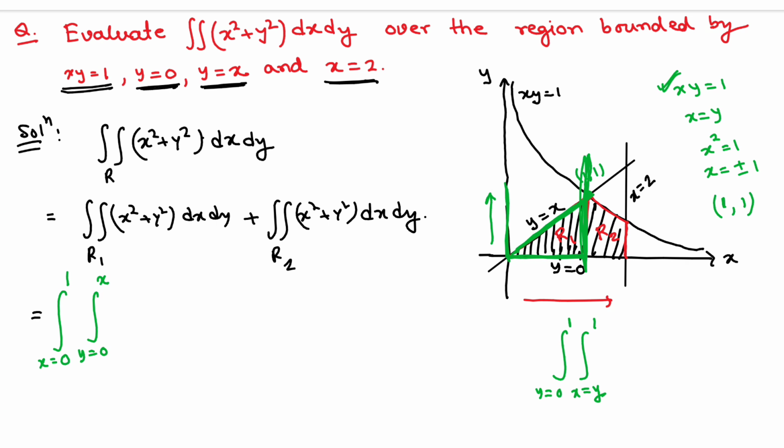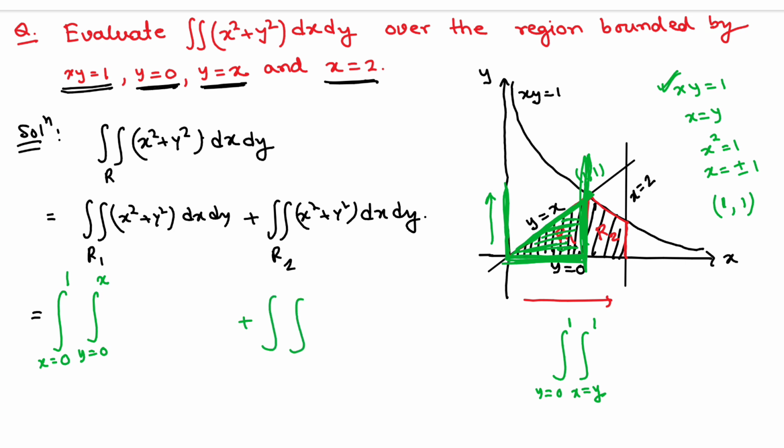Our aim is that we have to cover the whole area. I have taken this as the left boundary and this as the right boundary, this is the lower boundary and this is the upper boundary, and if you take it in the opposite direction, again you will get the same result. So now plus